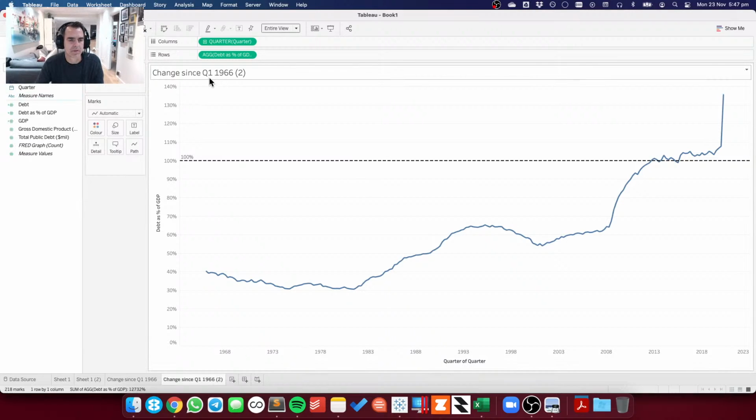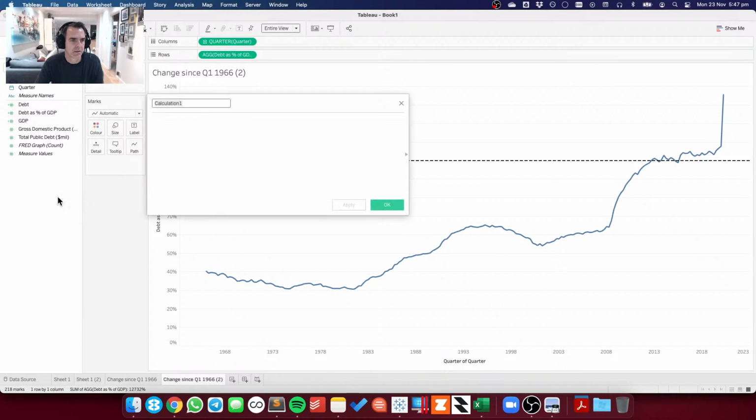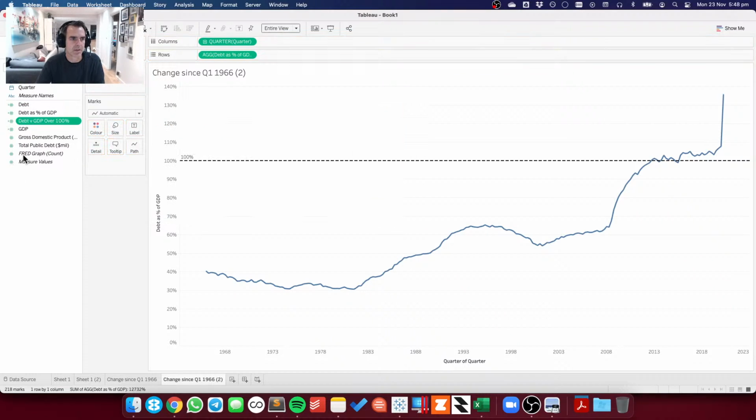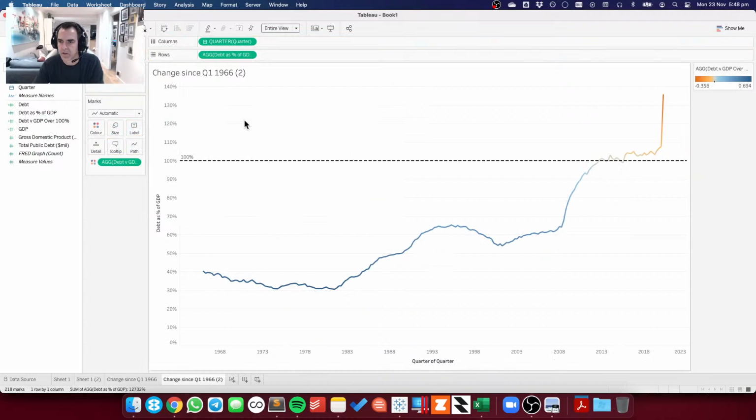I'm just going to do debt over 100%. So I'm going to do 1 minus the debt versus the GDP, and put that on color. So now I can see my 2 colors, how it changes.